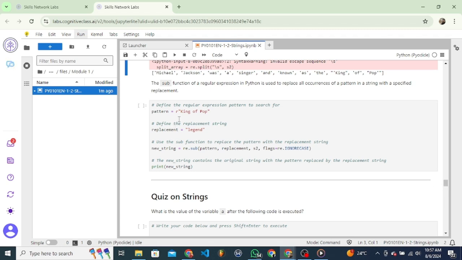And then you can also use the sub method, the sub function as well. In this case, we've defined a pattern as king of pop, right? And now we want to replace it with something. We want to replace the pattern with legend. So we create a new variable, and we store this function inside of it. Inside of this pattern you want to use this replacement. Remember, we already stored